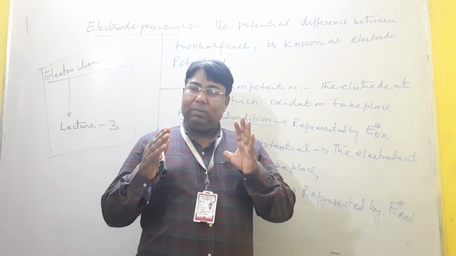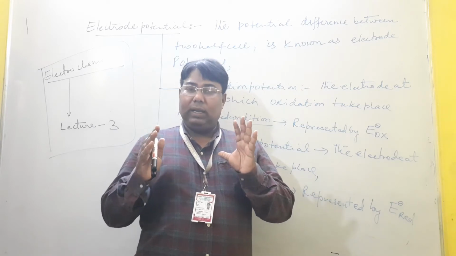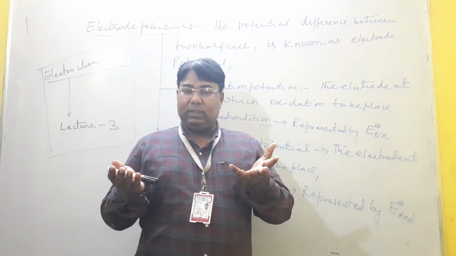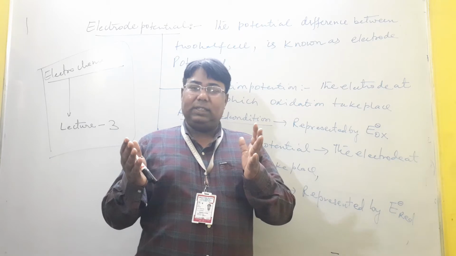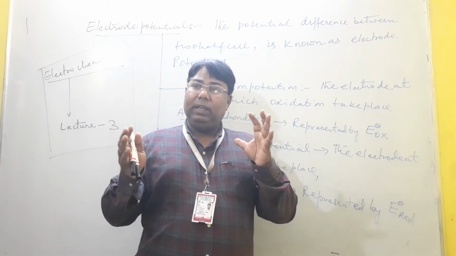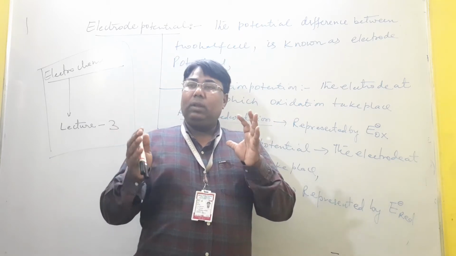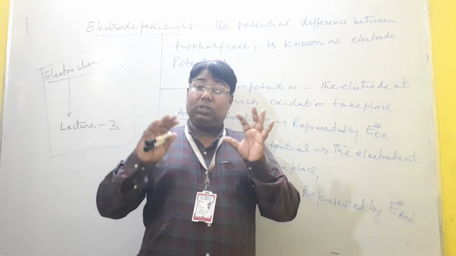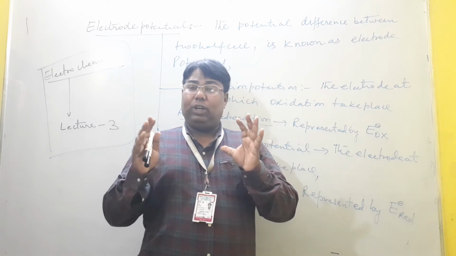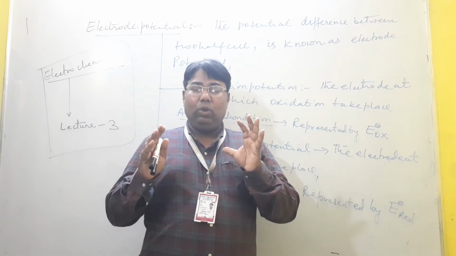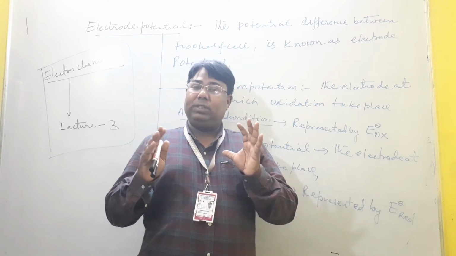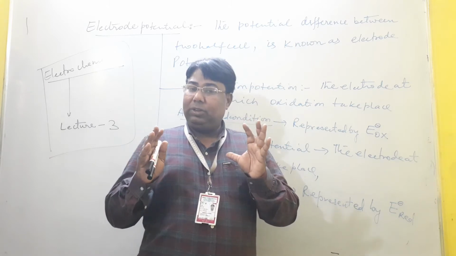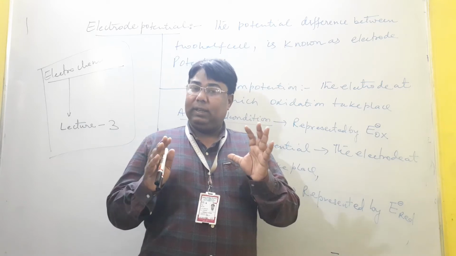This salt bridge is a U-shaped glass tube in which neutral substances like potassium sulfate, potassium nitrate, KCl are filled. If we take zinc sulfate or copper sulfate as an electrolyte, then in the salt bridge we fill potassium sulfate. The main role of the salt bridge is that it helps to exchange the ions between the two half cells to maintain the electrical neutrality as well as complete the electrical circuit.